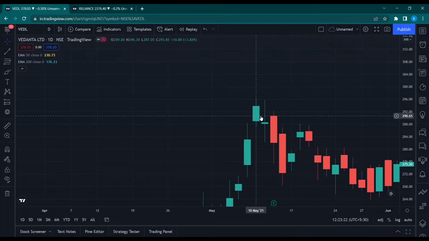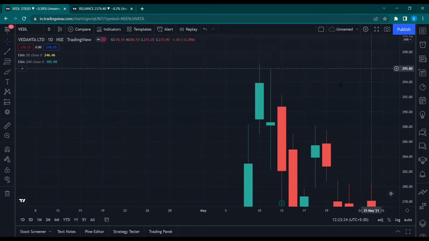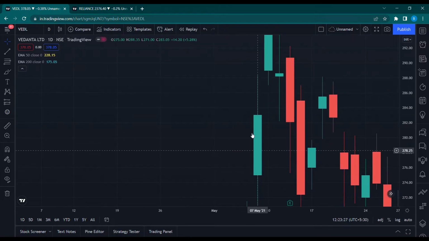We shall be learning what candlesticks are first of all, right? So let's understand the color difference first. On one side we have green, on the other side we have red. What does it tell you about the prices? First of all, candlesticks represent the price movement or fluctuation within some specified period of time. In this case you have the daily time frame, so one candlestick tells you the price movement in one day, one trading session. This is the candle of 7th May 2021.